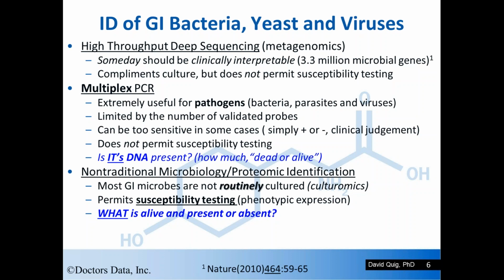Resistance to pharmaceutical and botanical antimicrobial agents is just outpacing the ability to come up with agents, and each patient's bacteria and yeast need to be tested for the phenotypic expression, the resistance to or susceptibility to the different agents. So unlike multiplex PCR that asks, is it present? What a culture and identification ask is, what is alive and present or absent. Now, admittedly, ideally, clinically, a combined approach would be most optimal.